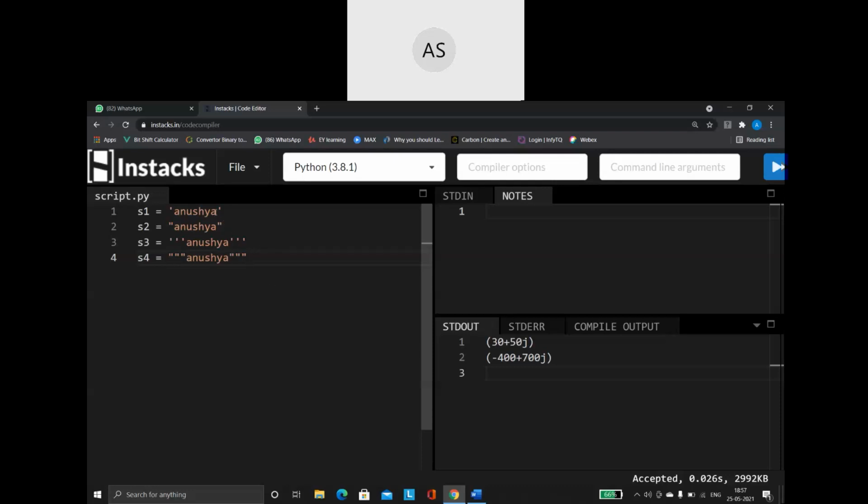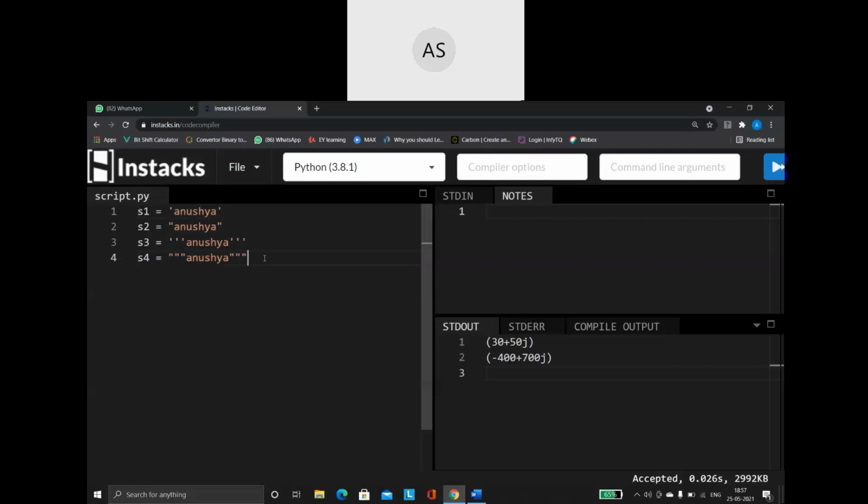So these are the three ways in which you are going to create your string values: single quotation strings, double quotation strings, triple quotation strings. And in triple quotation strings, we can either use three single quotations or three double quotations. Remember one thing: whichever one you use at the start, the ending also should match. You should not mix it. If you open with a single quote and close with a double quote, then it is an error. It is not going to accept it.